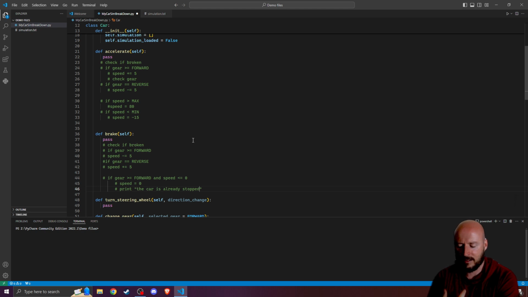What that does is let the user, and also anybody who might be looking over your code, know that you are aware there is a chance this could happen, that while the car is in forward, you need to regulate the decrease of speed. So what I mean by that is somebody could just, in the text file,